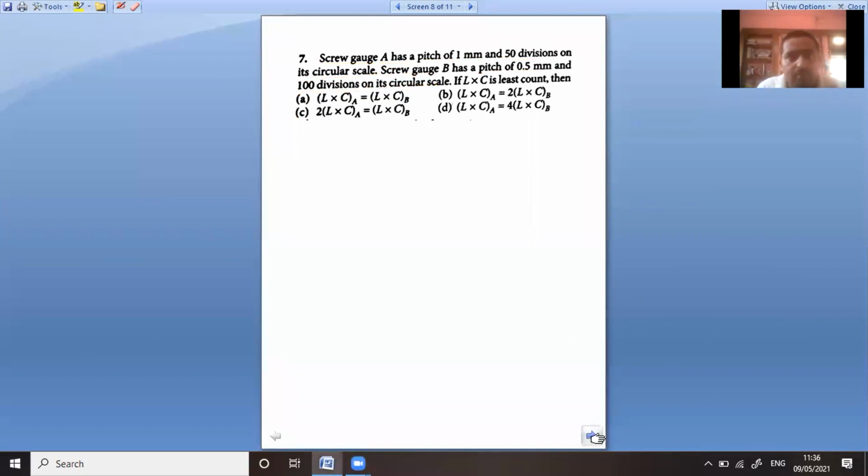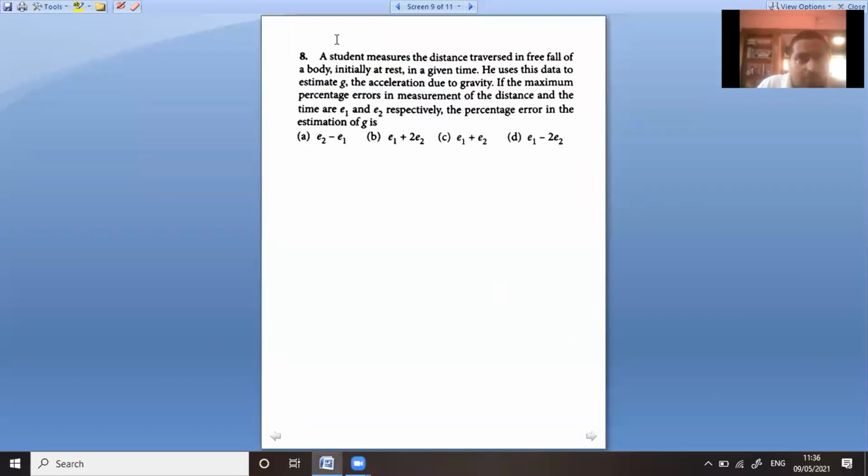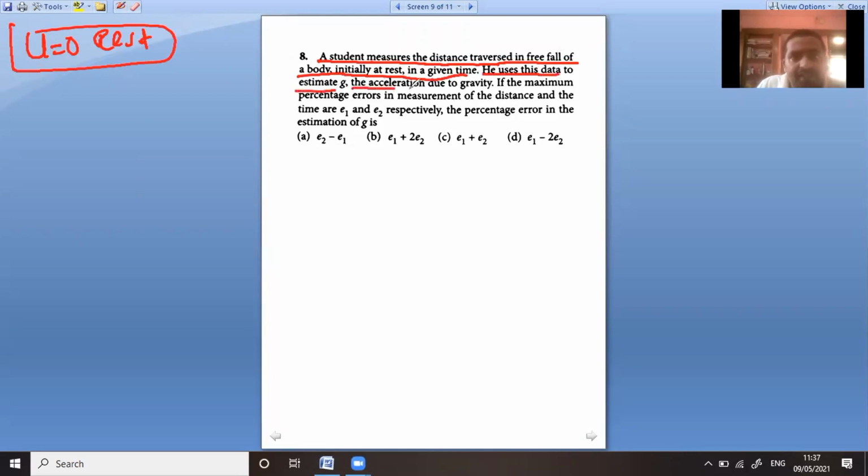Next, question number 8. A student measures the distance traversed by a freely falling body, initially at rest. Initially at rest means u is equal to 0. The time is given. He uses this data to estimate g, the acceleration due to gravity. If the maximum percentage of error in the measurement of the distance and time